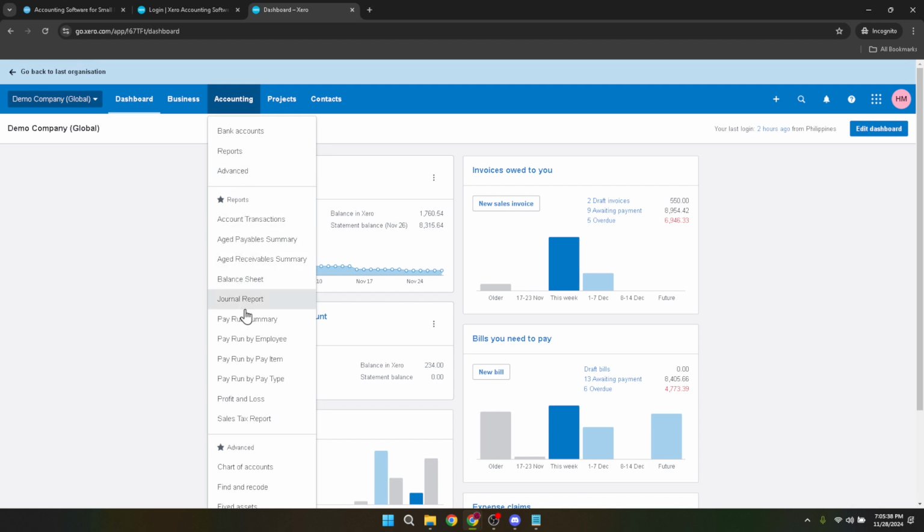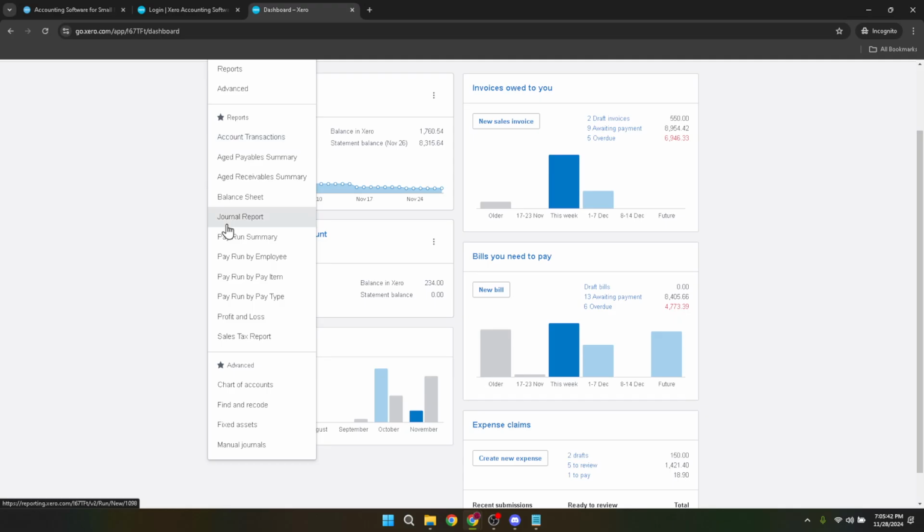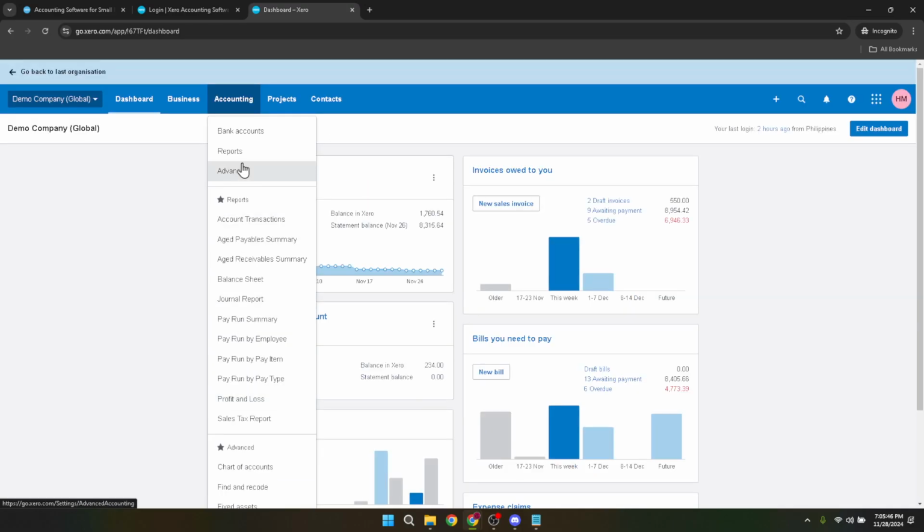After you've clicked on accounting, the next step is to find and select the journal report. This option allows you to access detailed reports of all accounting entries, including payroll. The presence of visual aids and screenshots throughout the platform can provide additional guidance, making it easier to locate the journal report option. Now it's time to dive deeper into your payroll details.